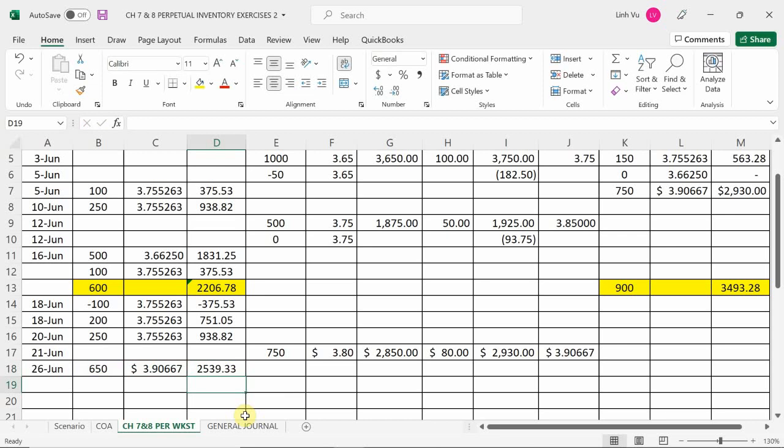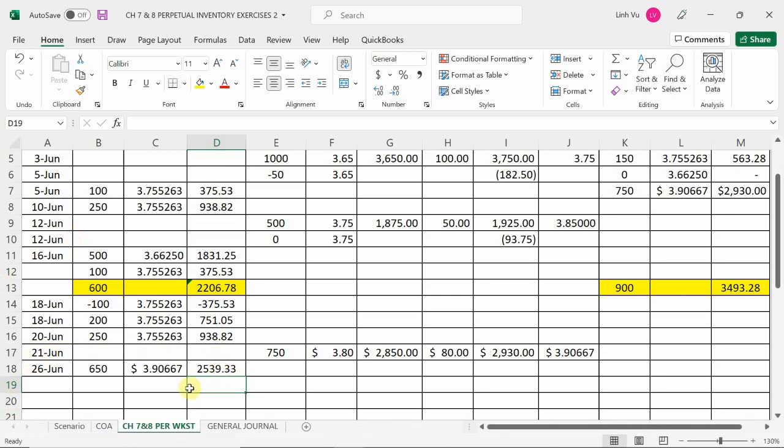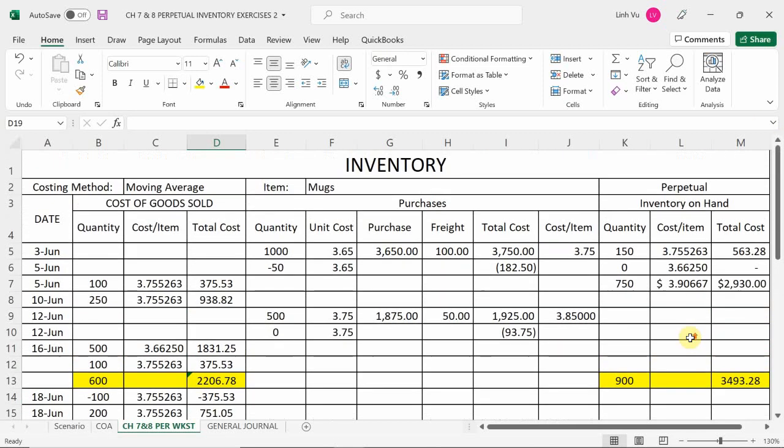$2,539.34. I got 2,539.33. Is it three? It should be three. Mine's 3355, I don't know. Okay. All right. So 333 should be correct. So in this case, it should be $2,539.33. So in this case, bringing it back up here,